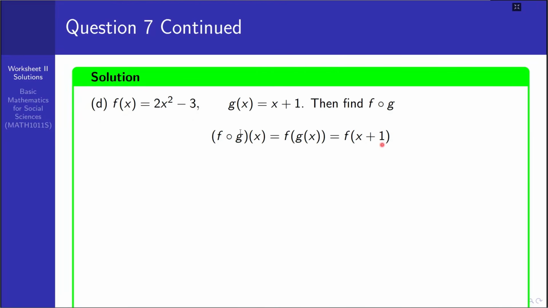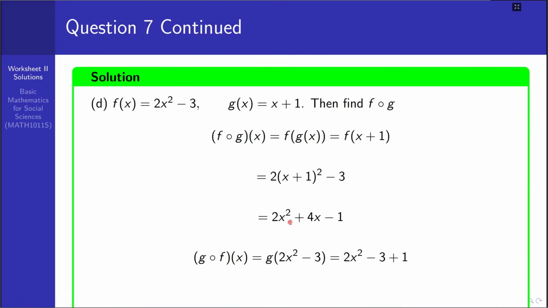I think it is just 2 into x plus 1 square minus 3. That is 2 into x plus 1 square minus 3, because this one is g of x. So the simplified form of this one could be 2x squared plus 4x minus 1. Therefore, f composite of g of x, whenever f of x is this one and g of x is this one, could be 2x squared plus 4x minus 1. Next, g composite